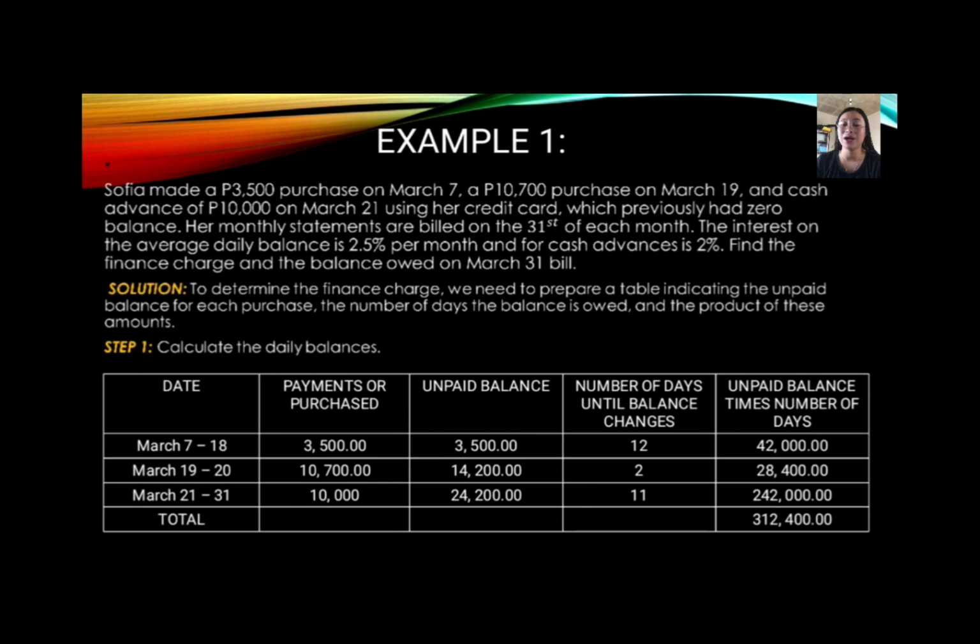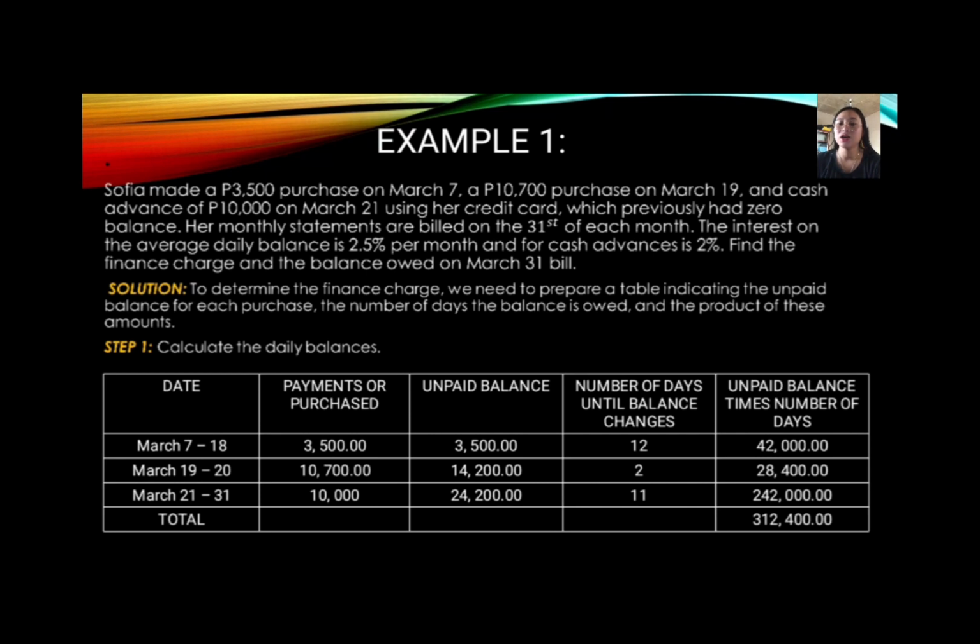Now, the number of days until the balance changes. We count from March 7 to March 18, which is 12 days. March 19 to March 20 is 2 days, and March 21 to 31 is 11 days. Then we multiply the unpaid balance and the number of days until the balance changes. So 3,500 times 12 is equal to 42,000 pesos. 14,200 pesos times 2 is equal to 28,400 pesos. 24,200 times 11 is equal to 242,000 pesos. So the total is